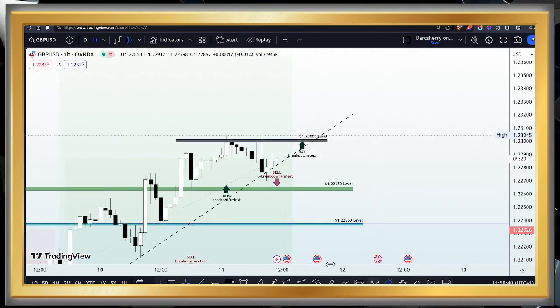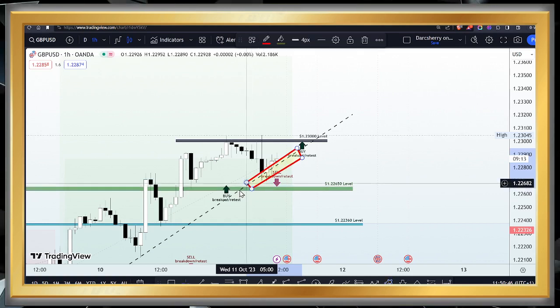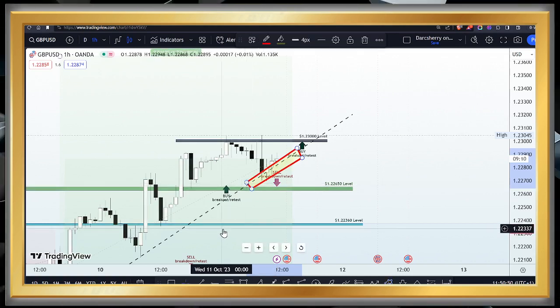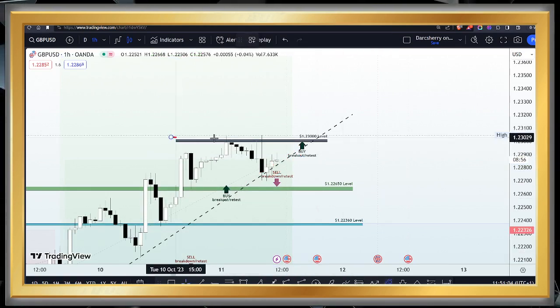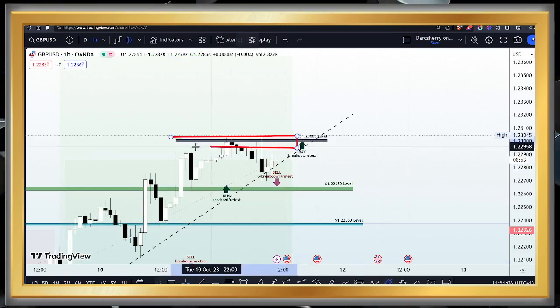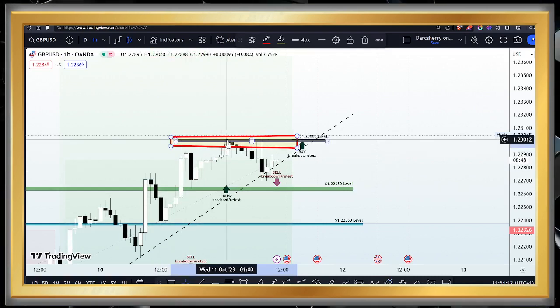Now, if you look at what has been going on here in the last 3 to 4 hours, you will see that sellers have been trying to break down that ascending trend line, but have met stiff resistance from the buyers. Now, if the bullish momentum here persists, that is the buy pressure persists, then I want to be looking out for more buying opportunities if price will break out of this resistance line at the 1.2300 area.